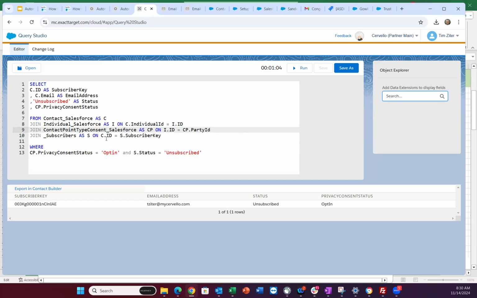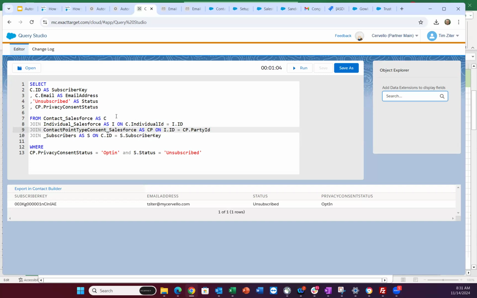So let's talk about the from statement. Now this aligns to that schema that we talked about earlier, where if we were just dealing with contacts, you would just have a 2-line statement. You would just remove these 2 joins, and it would just be your contact and your all subscribers data view here. But because we're doing a little bit more advanced work today, we're going to be using ultimately this contact point type consent object. It is the object in our consent model that has the status of the subscriber in the Salesforce CRM environment. So to get to that,